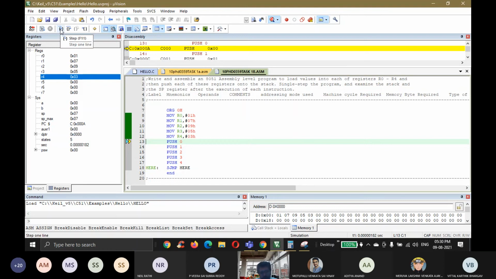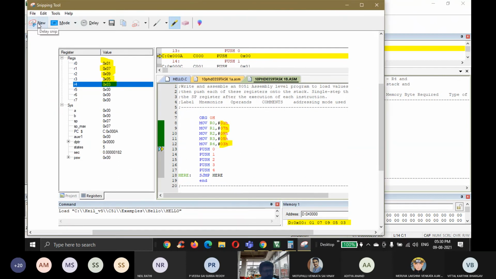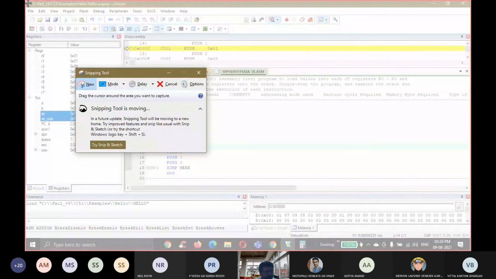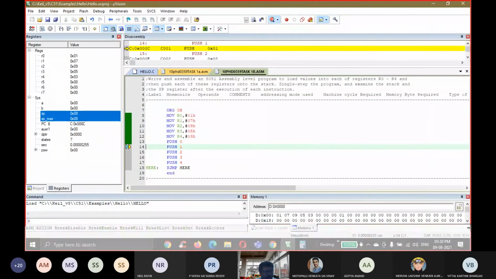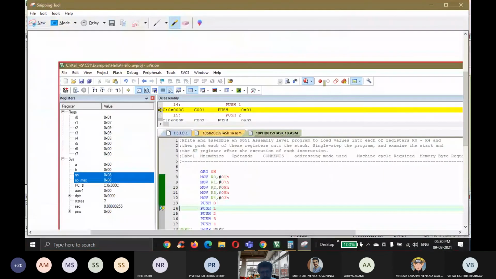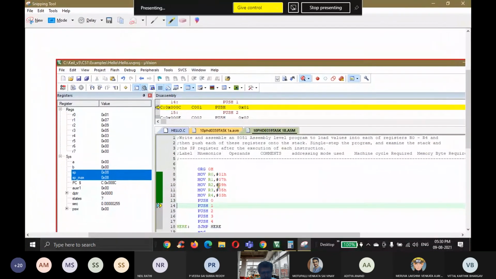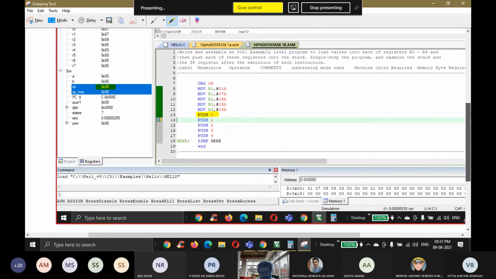So now I'm giving the push operation. You observe in the D column, you can see that Z1 is being executed. So this is the output after the execution of each and every instruction. You have to take the output like this for each and everything, and you can highlight that this particular operation is being executed, and the stack pointer has been incremented to 08H.